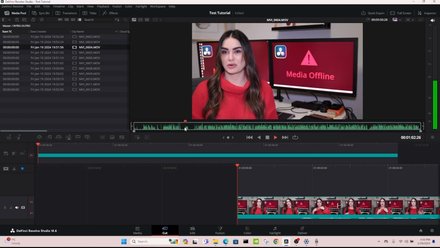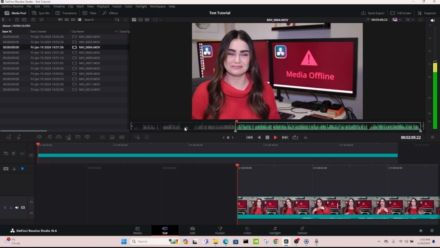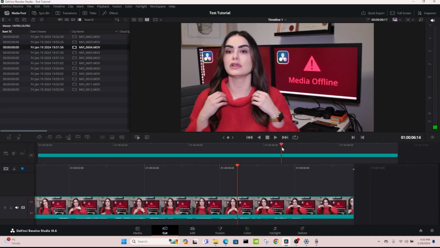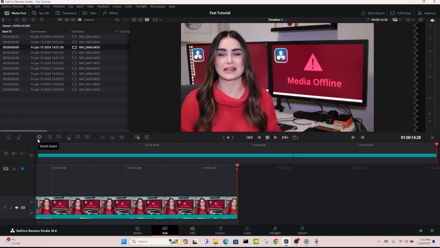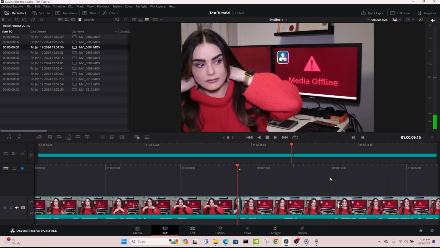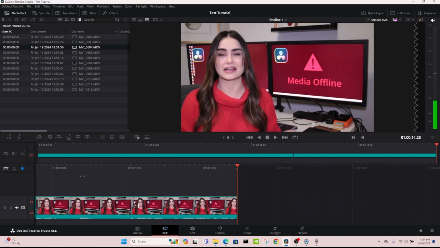Now you can go through your other clips. Cool, I want that too. That's great. Now I'd like to insert it at the end of this clip. A really great option if you don't have your keyboard set up yet, you can use Smart Insert. Smart Insert means to insert a clip at the edit point located nearest to the player head. And the player head is the red line that's on your timeline.